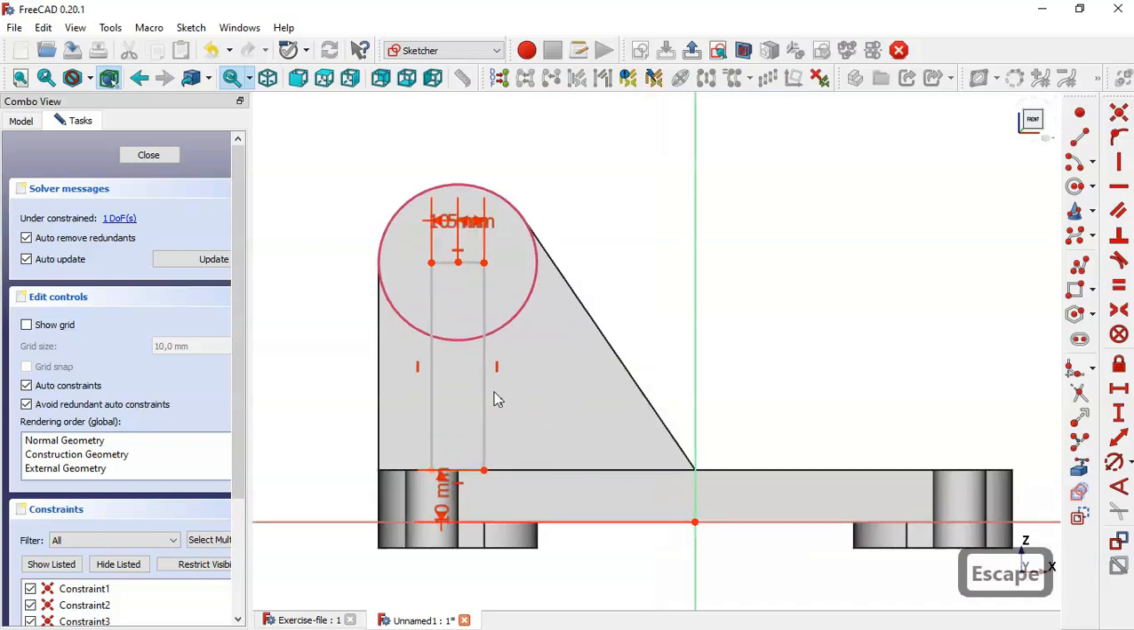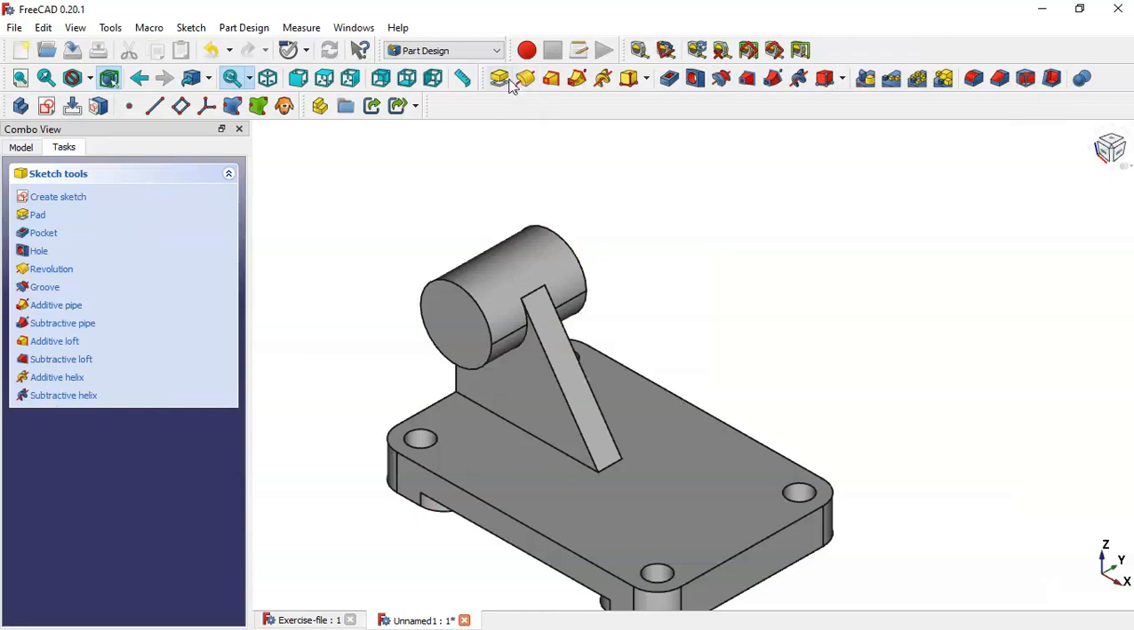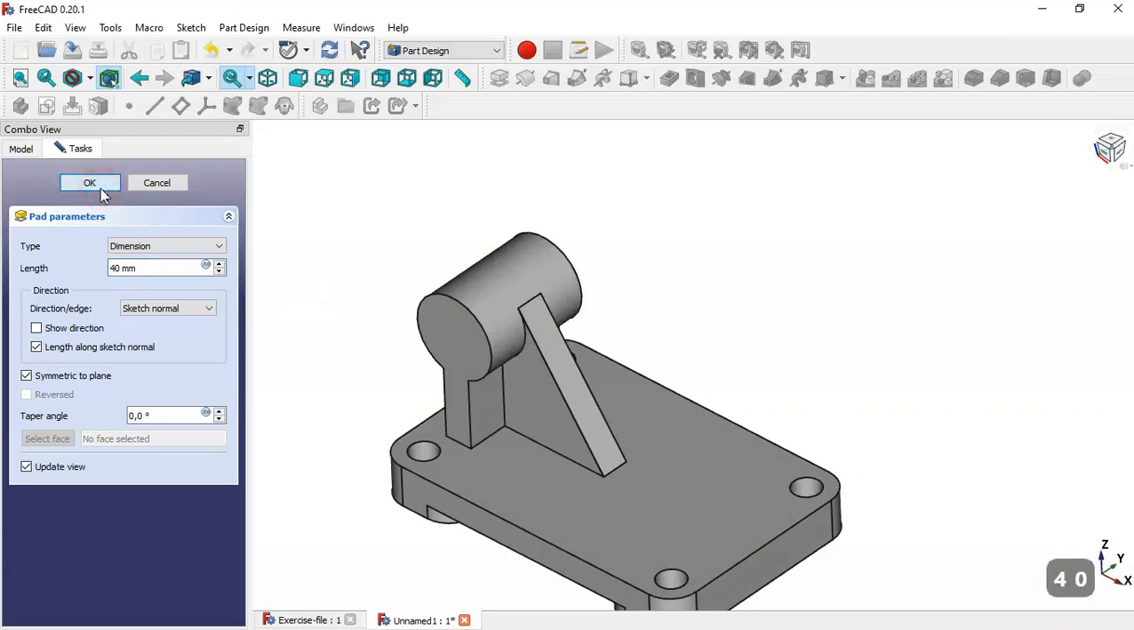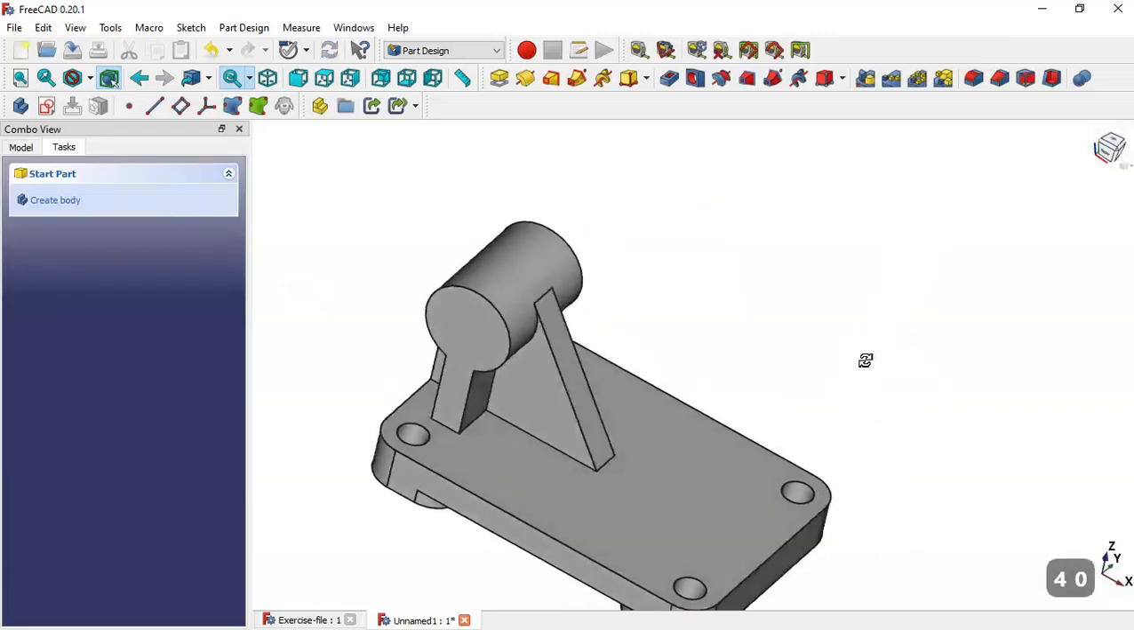Okay, so what is missing now? So select this point and this point and click on this horizontal constraint, click close. Okay, so now go to the pad tool and here we set symmetric to plane and change the length to 40. So okay,